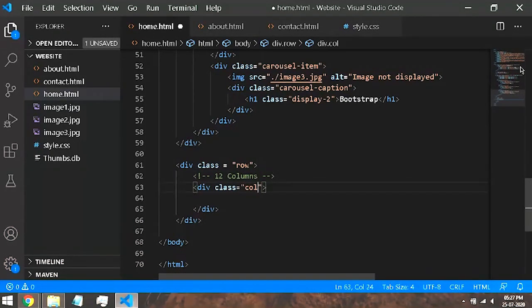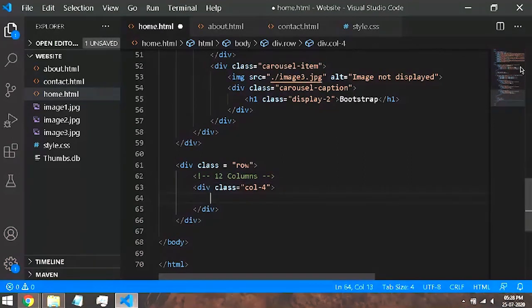So I want to create a text area where there are 3 columns and they occupy the same amount of space every column occupies. So for that, if there are 12 columns and if I want to create 3 columns which occupy the same space, I have to divide that by 3. So column 4. And here I will provide text.